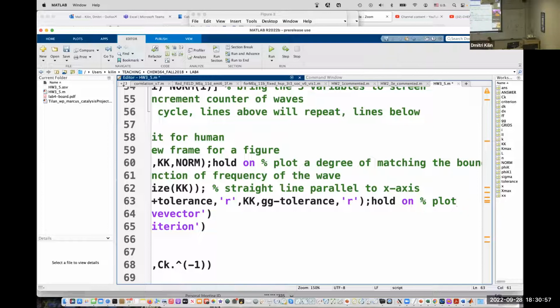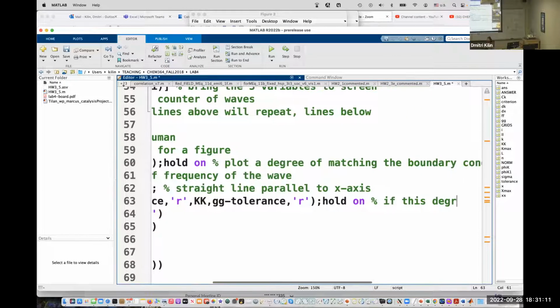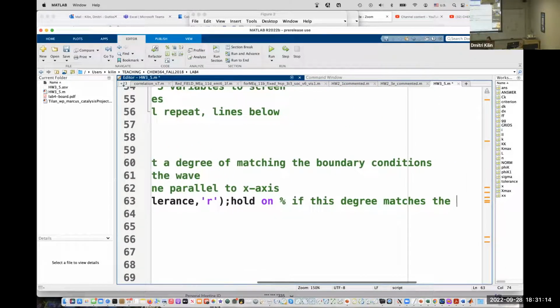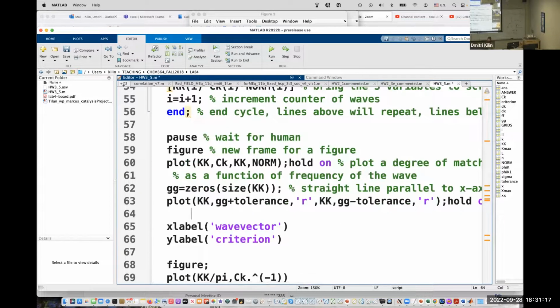And now we need to add lines that set up tolerance, if this degree matches just the preassigned tolerance. So I don't know how to make a grammatically correct sentence, but